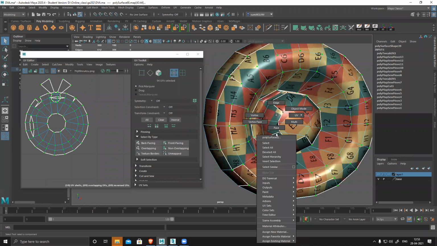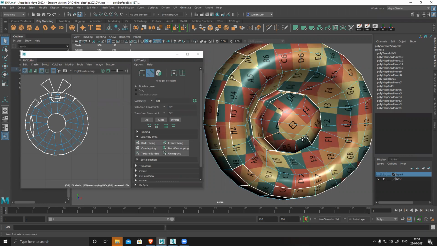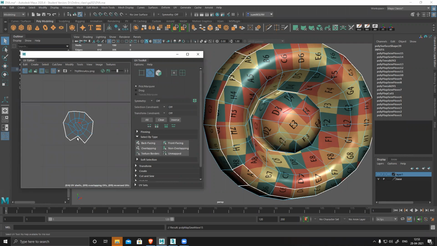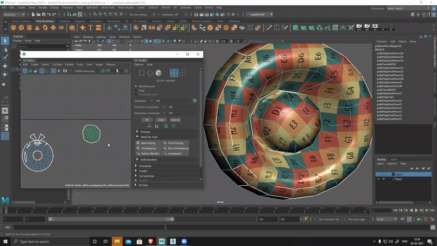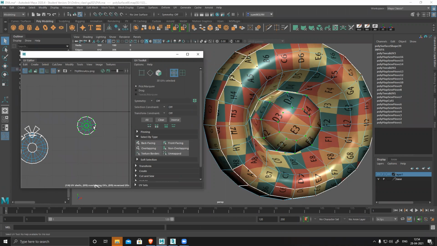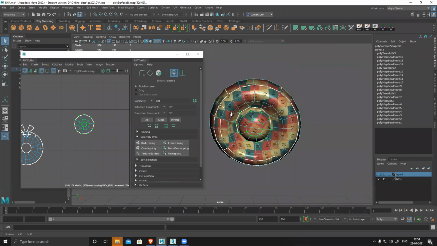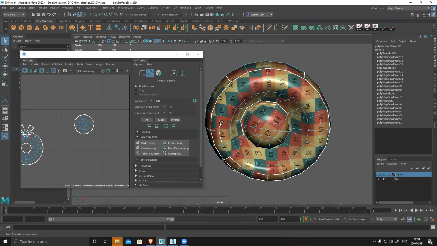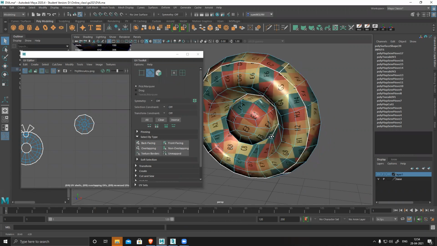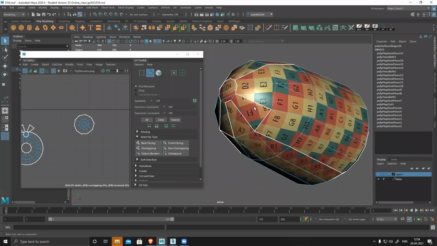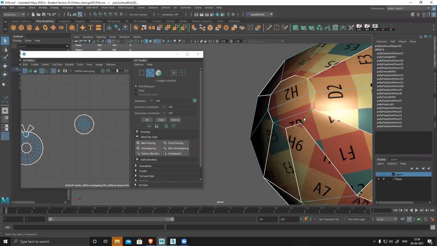Similarly, now this section, edge select, unfold, ready. Now all this section I have to stitch nicely, cut.